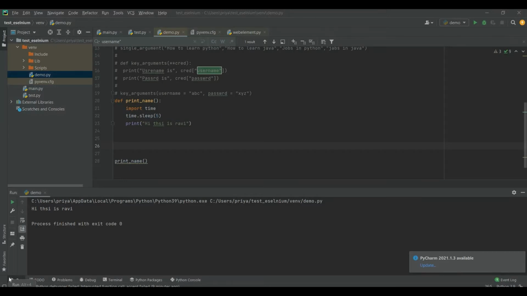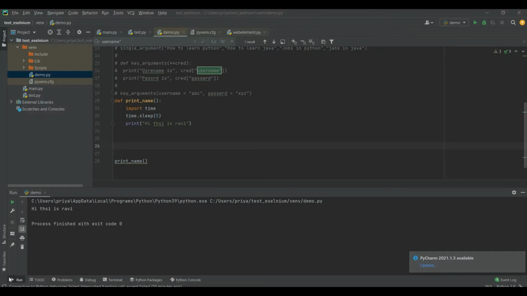Now the next part is exception. An exception can be defined as an unusual condition in a program or code which results in interruption in the flow. Now, what happens when an exception occurs? When an exception occurs, the program stops the execution and thus the further code is not executed. Therefore, it's very much required to identify all the runtime errors or exceptions which can come in whatever code you have written.